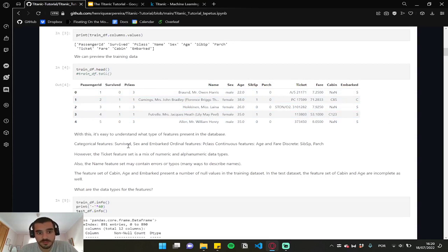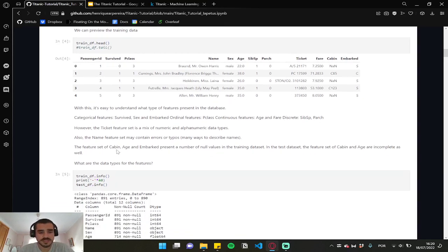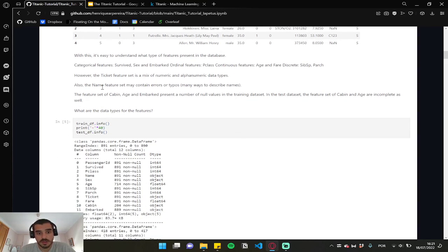Here we have categorical features: survived, sex, and embarked, as you can see. Ordinal features such as pclass, continuous features such as age, discrete features such as SibSp and Parch. But there are some problems, like the ticket feature being a mix of numeric and alphanumeric data types. The name feature contains errors or typos, and cabin, age, and embarked present a number of null values, and in the